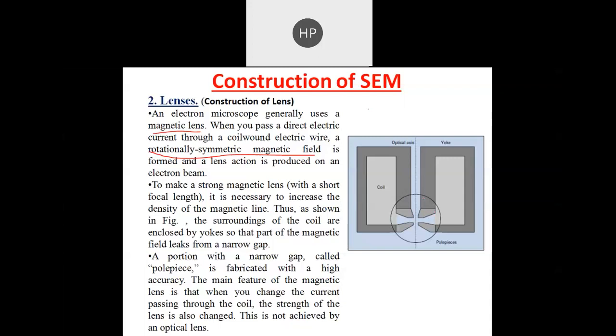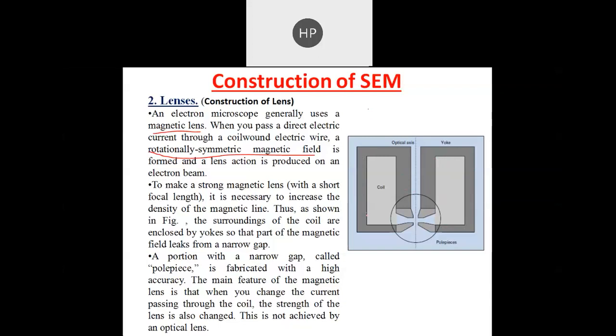And as you can see in the figure, the surrounding of the coil is enclosed by a yoke. Okay, so this is the coil, and these coils are surrounded by the yoke. Whatever this gray part is, is the yoke, so that